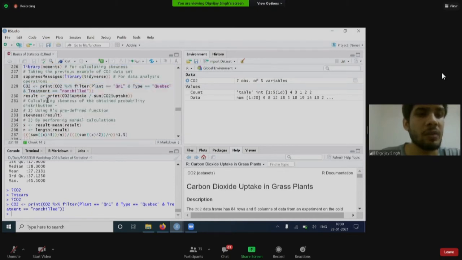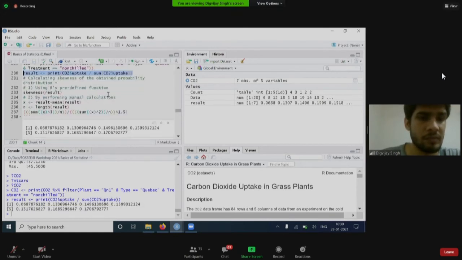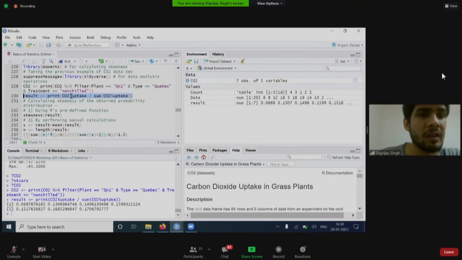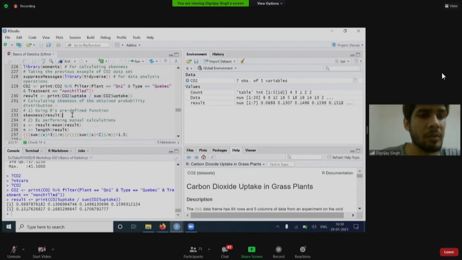Then this is the result. So if you see that, calculating skewness is of the obtained probability distribution.